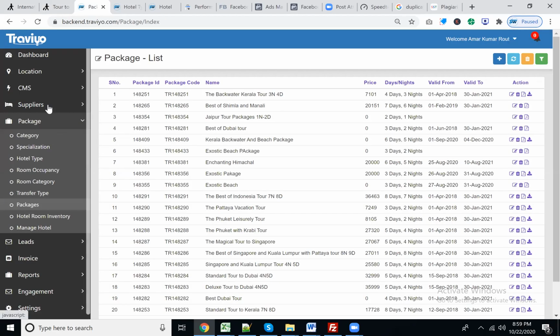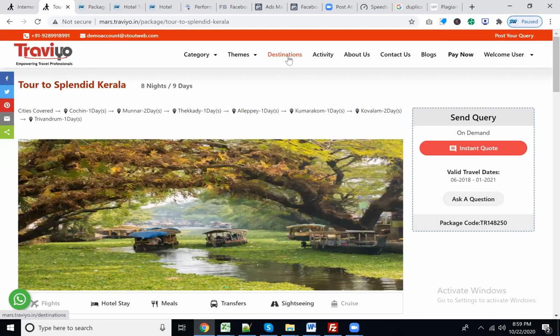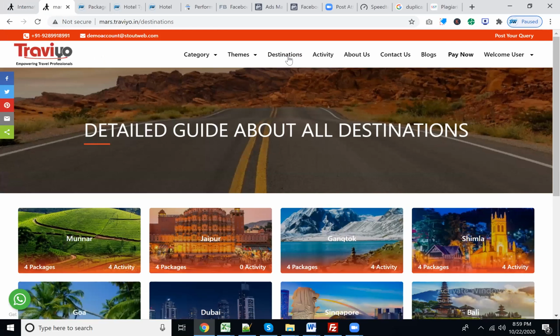This is locating it in the CMS settings. How do you update the destinations and the activity, and how do you move to the destination? What exactly is the destination? Why have we introduced the destination concept? Destination is a term that we have introduced for the landing page. Whenever you promote any particular destination, we have given you the option to create a landing page. This is going to be a profile for your company.